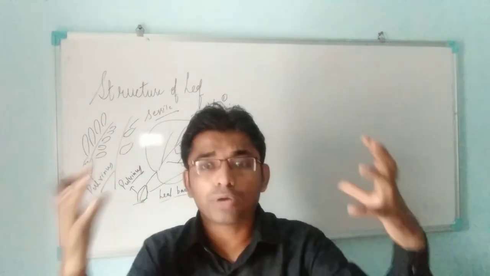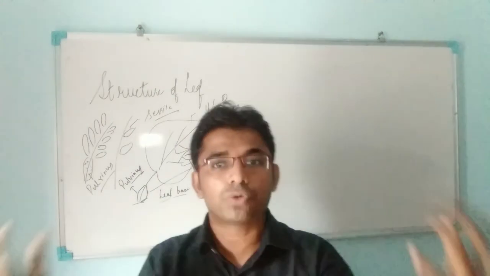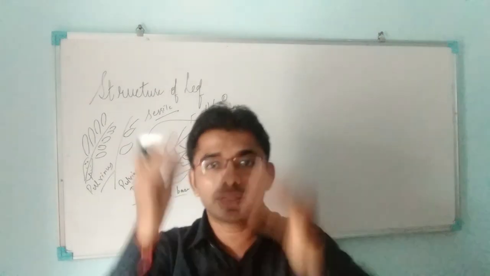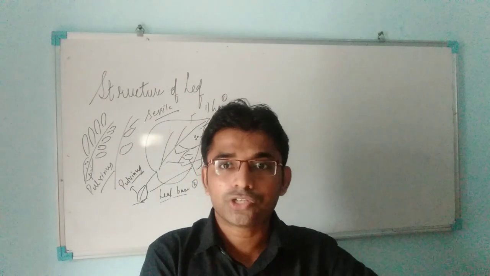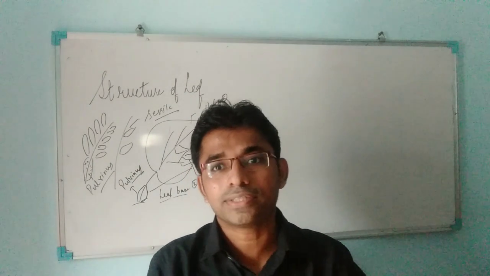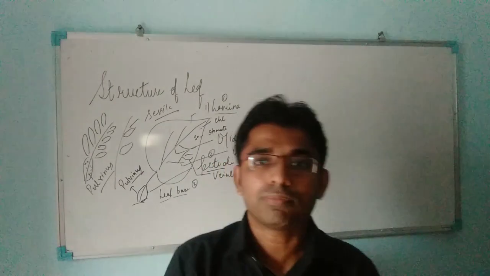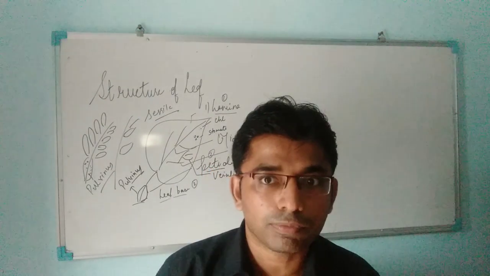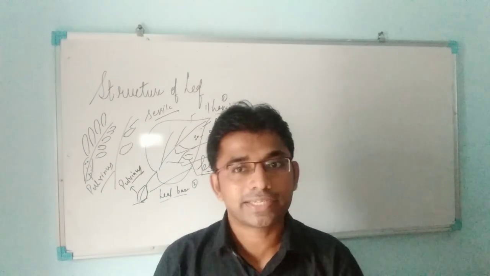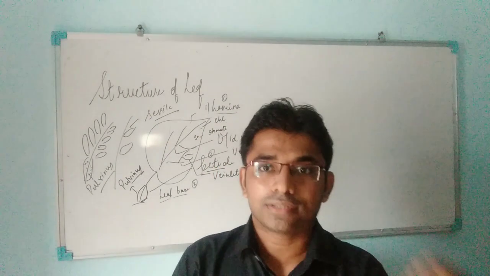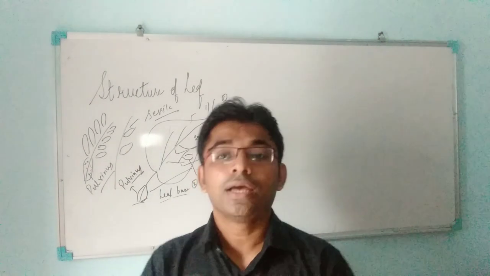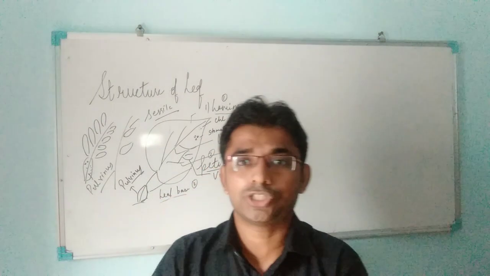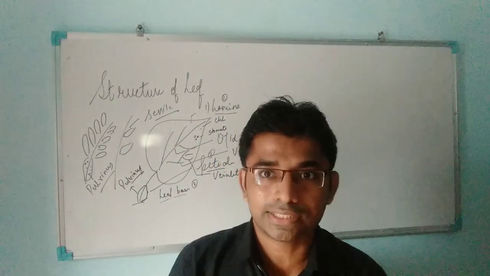Because the whole body of the plant as such never shows any movement, but the plant parts show movement. For example, the root grows towards the direction of gravity, that is geotropism. So in plants there are two total movements. One is the tropic movement, the other is the nastic movement. Tropic movements are the directional movements. And the nastic movements are those which do not depend upon the direction of the stimulus.